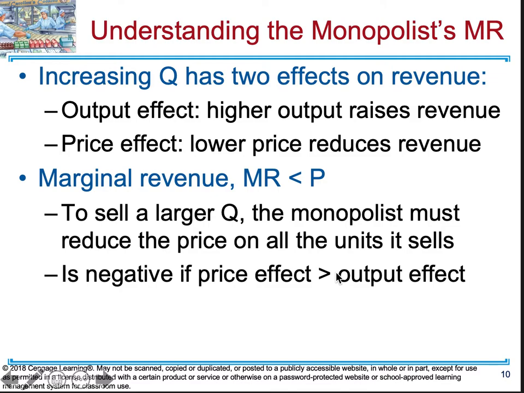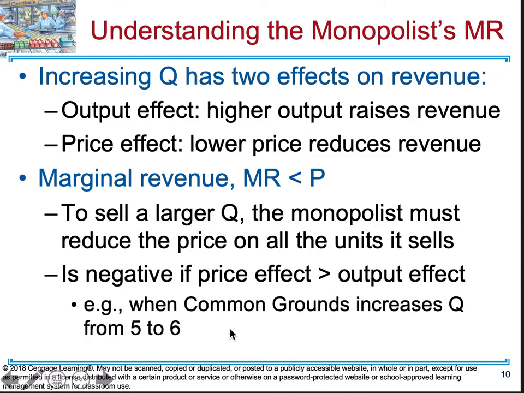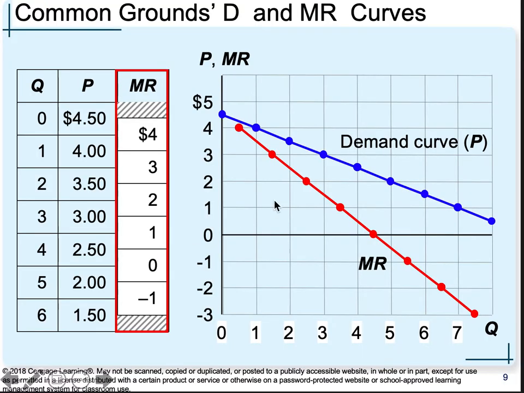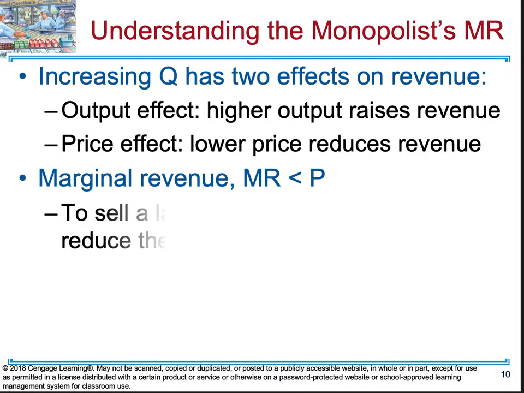So in our example, when quantity increases from 5 to 6, if we go back, from 5 to 6, you don't want it. You always want to have a positive effect. You want to be able to capture the most amount of profit. So this will make more sense when we go over our practice problem.